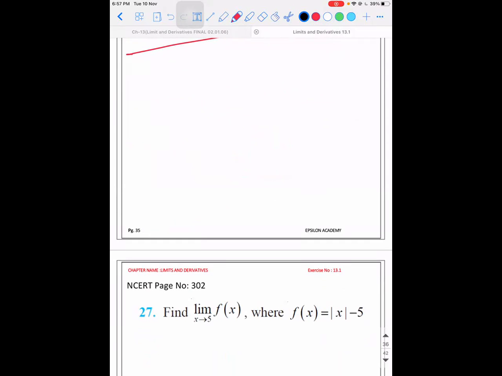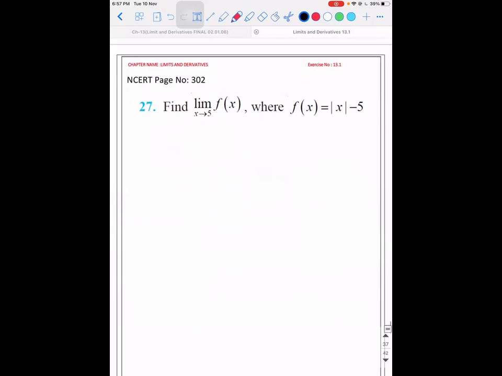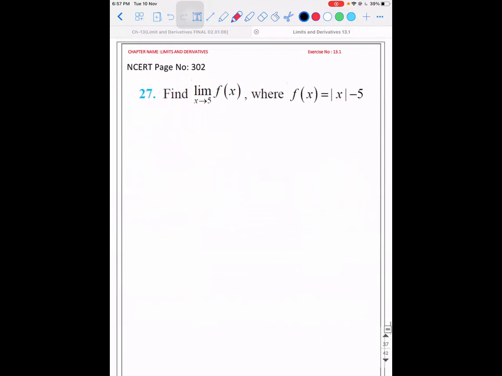Now see. Solution. Limit x tends to 5 of f of x, where f of x is mod x minus 5. When I substitute 5 here, what do I get? 0, sir. That's it. Or minus 5? No, it will not be minus 5